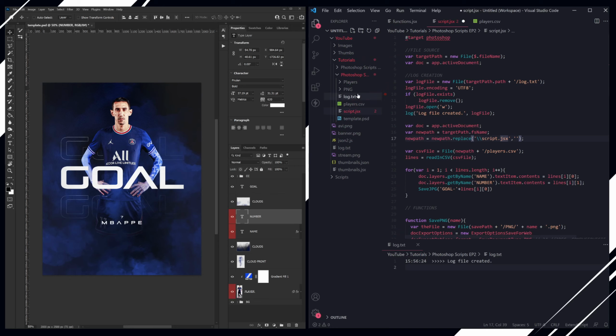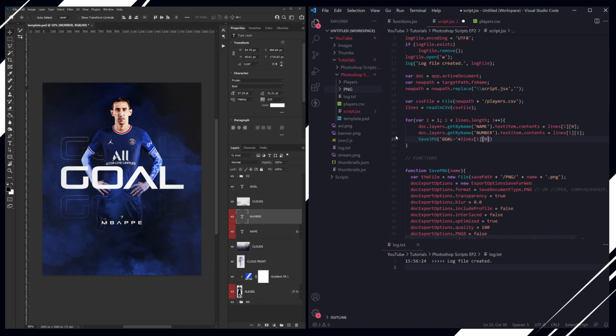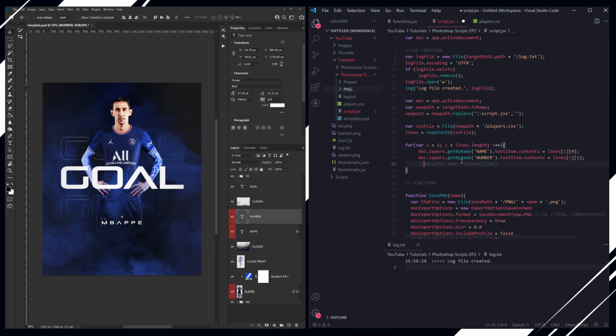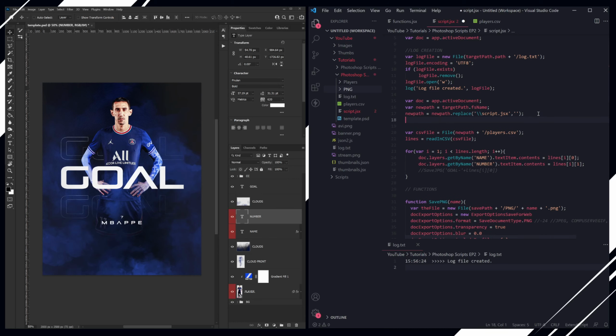So I've got a new folder in here now called PNG. We want to make sure that we've got the right folder. So we're going to do save path equals new path, because it's in the same folder as the script. And then we want to append